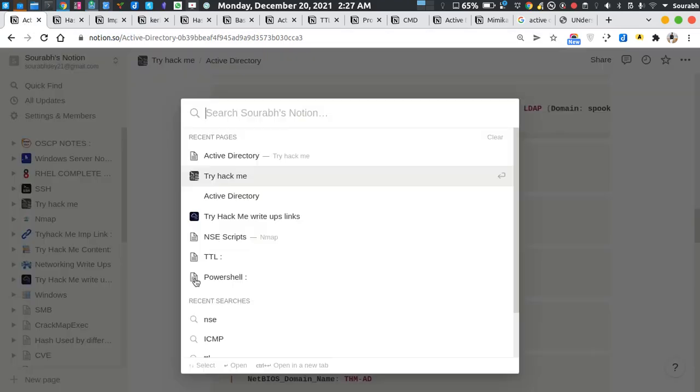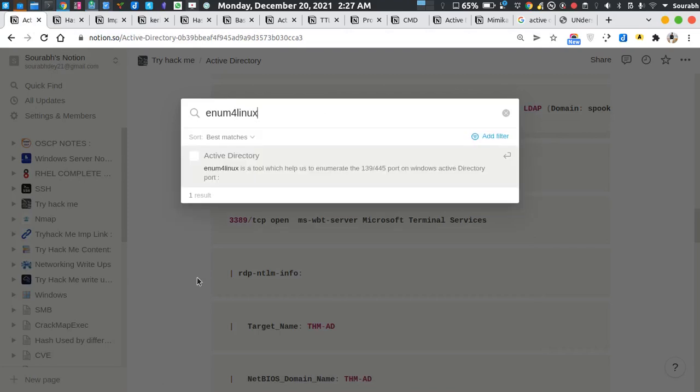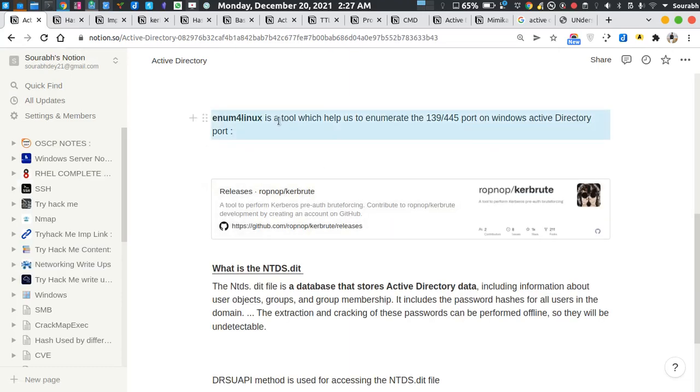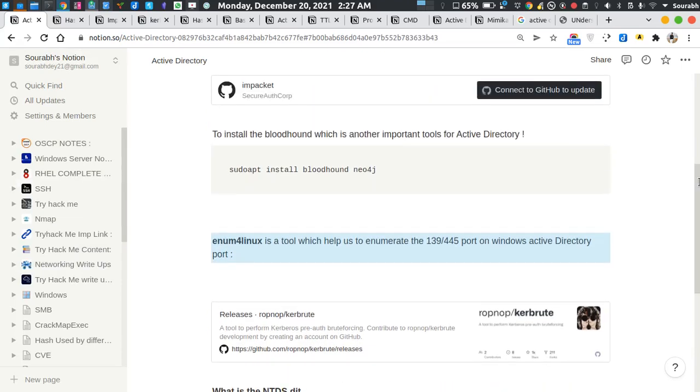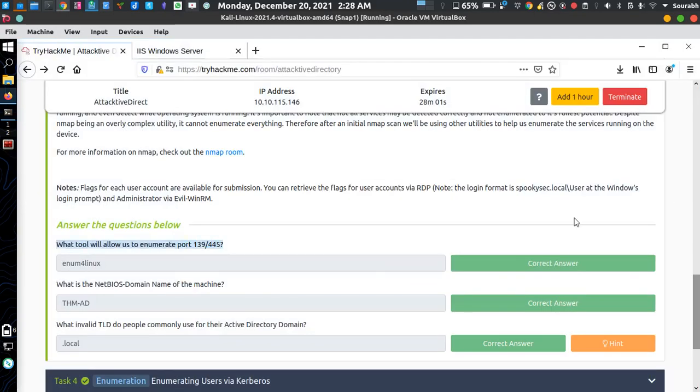Go to my IP and type here enum4linux. So enum4linux is a tool which we use to find out about ports 139 and 445, which signify that it is an Active Directory box.